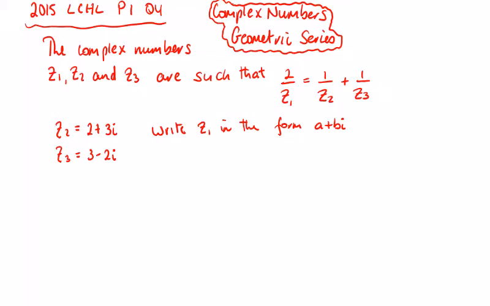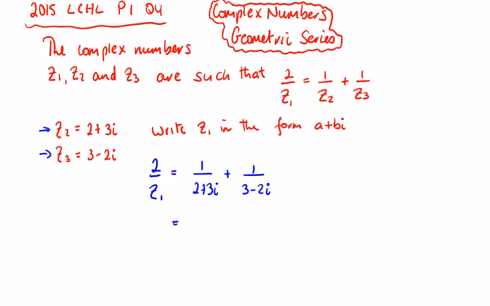Leaving Cert Higher Level, Paper 1, Question 4 in 2015 started with a complex number fraction question. 2 over Z1 is equal to 1 over Z2 plus 1 over Z3, and you're given Z2 and Z3. So if we write that out, 2 over Z1 is equal to 1 over Z2, which is 2 plus 3i,